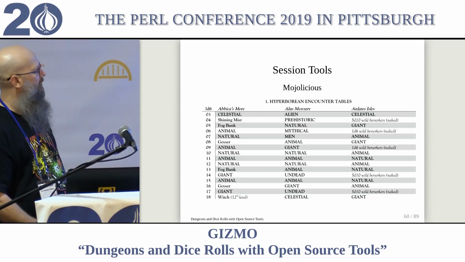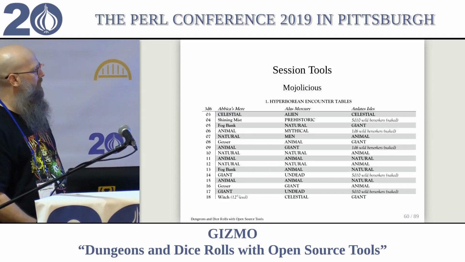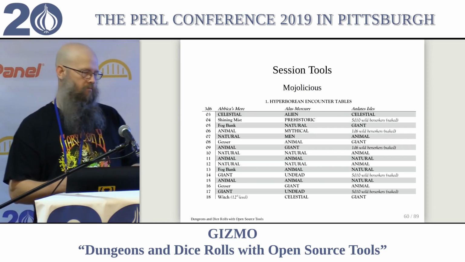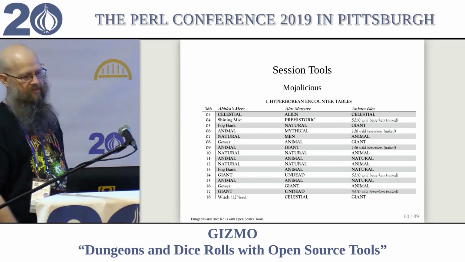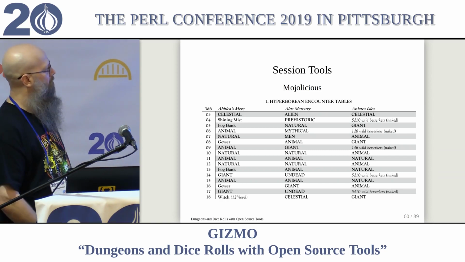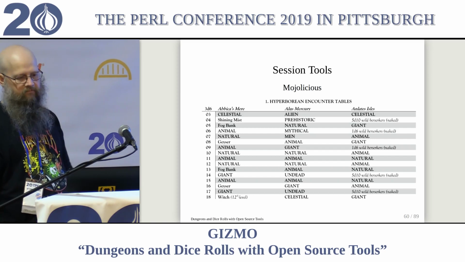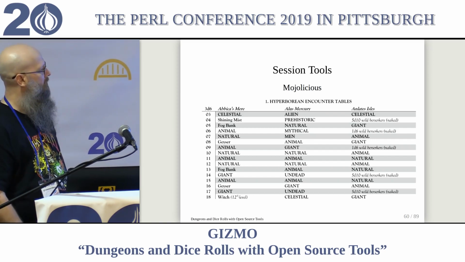You basically have a location, you have these encounter subtypes, and then based on the terrain it's at, you roll on another table. And so for this exercise, we're going to see what's happening in Alice Mercury as an encounter. And this is what it looks like on the map.